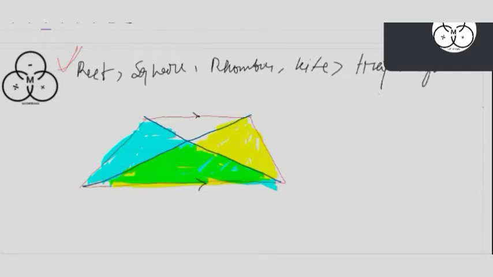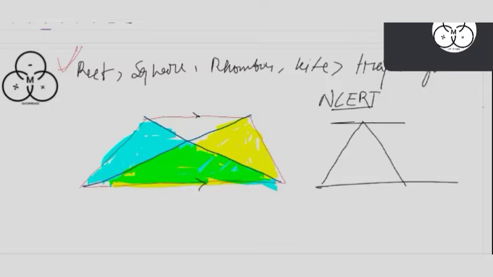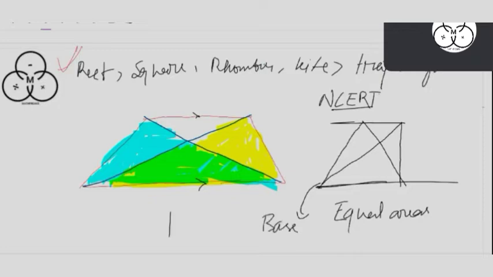There is a very simple theorem. Even in the basic textbook NCERT, it is there that when there are two lines which are parallel to each other and a triangle is drawn in between the two parallel lines having the same base, two triangles lying between parallel lines and having the same base have equal areas. What is the reason? Base is same, and height between two parallel lines is also same. So half into base into height, area is a constant. This is the simple reason.